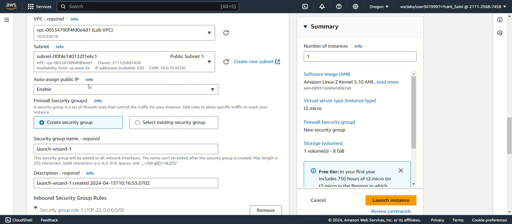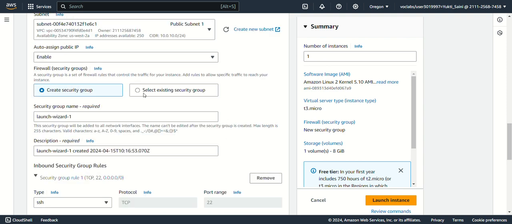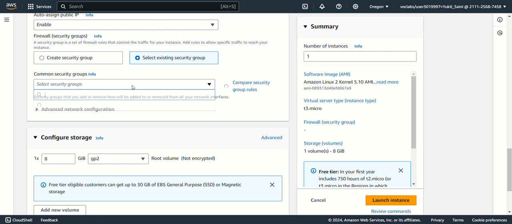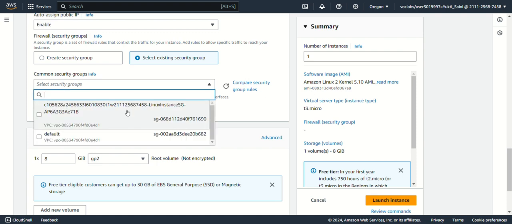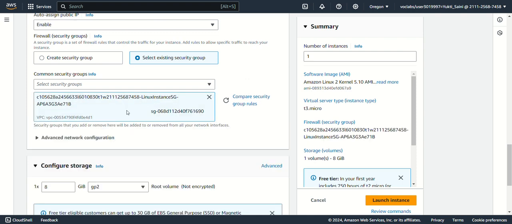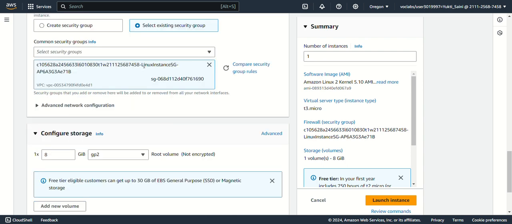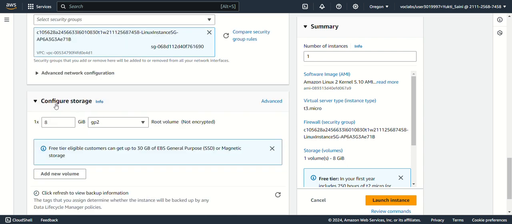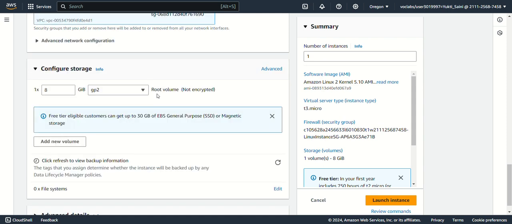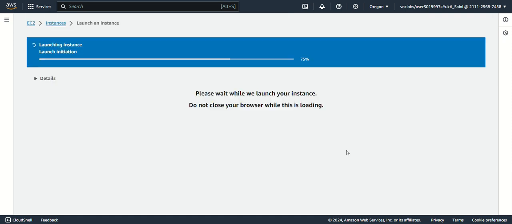Now I am going to edit the security groups, and I am selecting an existing group. I am choosing the Linux instance security group for my lab, and I am keeping the storage the same. 8 GB is good for this lab. Now launch this instance.